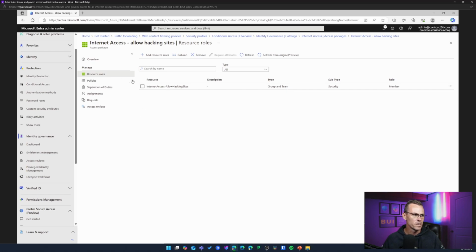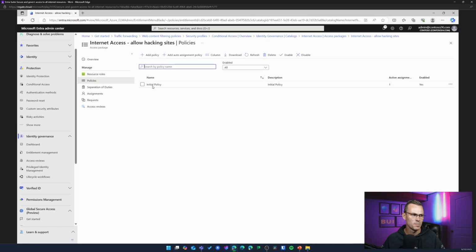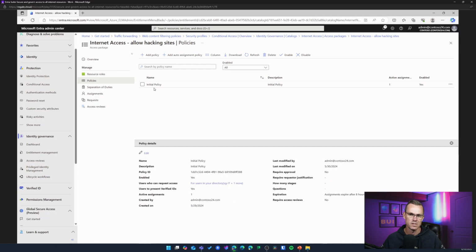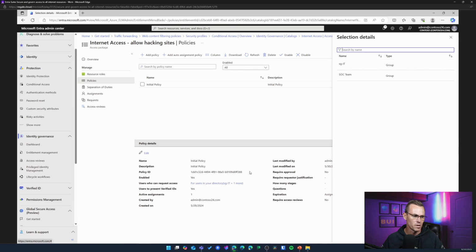So we can already see that we have this. We do have a policy as well, right? Remember in our previous demo, for every access package, you're going to have this initial policy that needs to be configured to make sure, what are the conditions for that access package. And we can see here, only somebody from IT or the SOC team can request access to this access package, right?